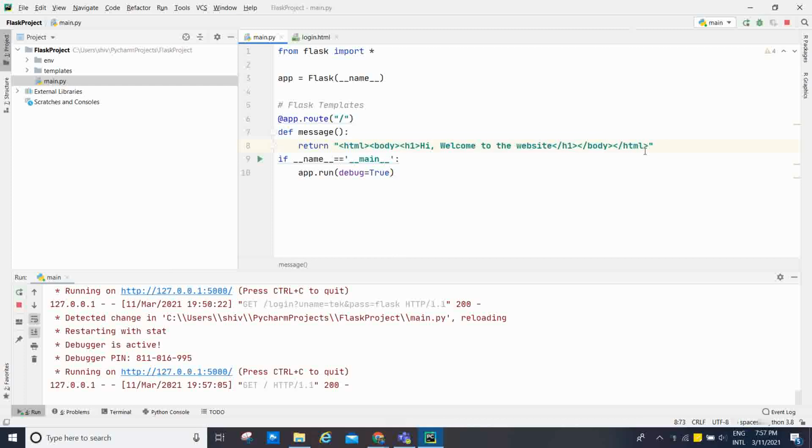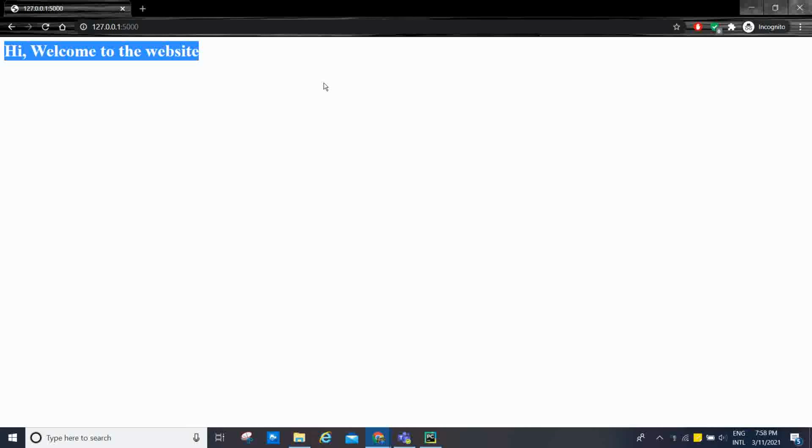Now I'm going to show how we are going to render external HTML files. Flask facilitates us to render external HTML files instead of hard coding the HTML in the view function. Here we can take advantage of the Jinja 2 template engine on which Flask is based.